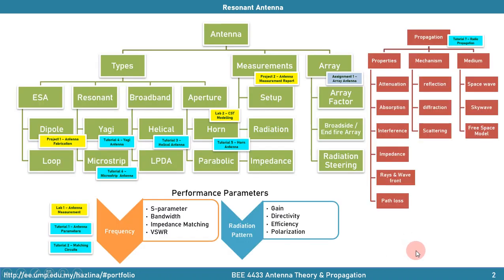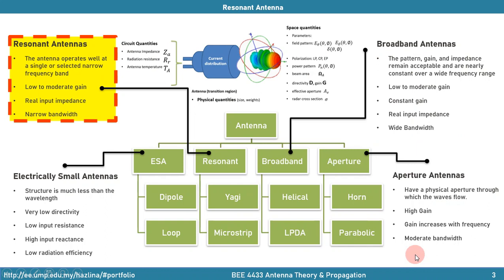The following topic is about resonant antenna. The resonant antenna is one of the antenna clusters covered in this course, BEE 4433 Antenna Theory and Propagation. This type of antenna resonates well at a single frequency band and suits very much to applications that have a specific